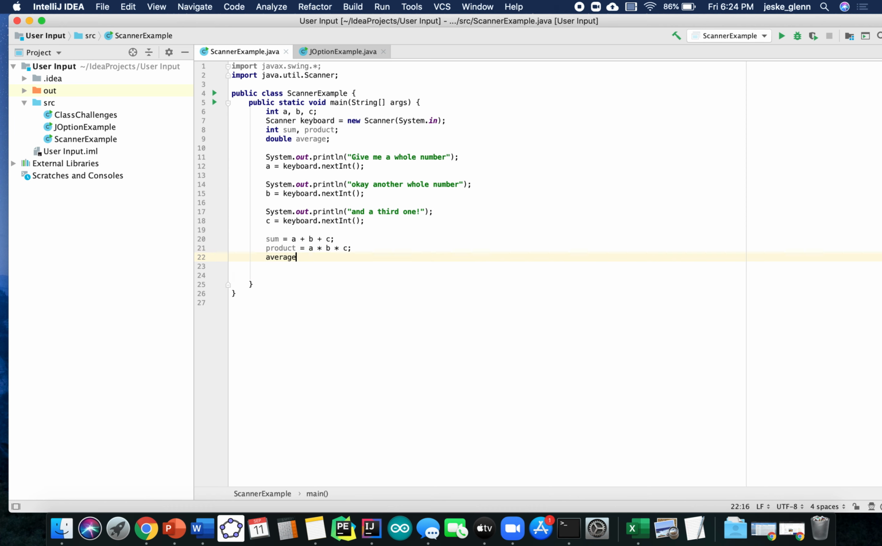And for average, well, for average, I can actually use the sum because that's adding them all up, and then I will divide by 3 to do that, and then I will print out some print statements to say the sum of